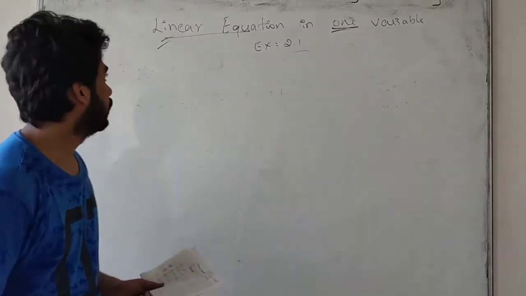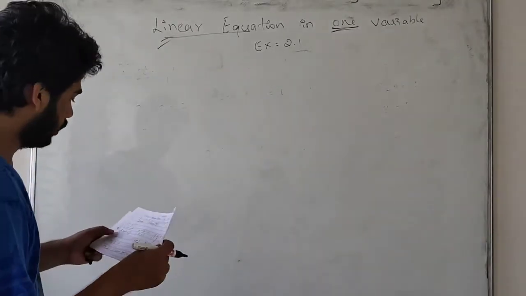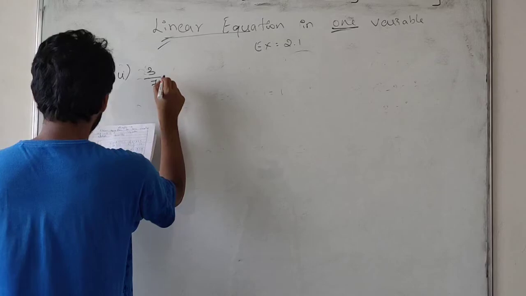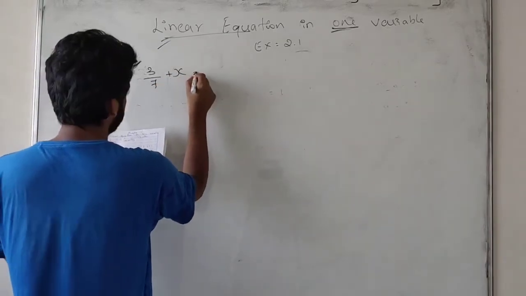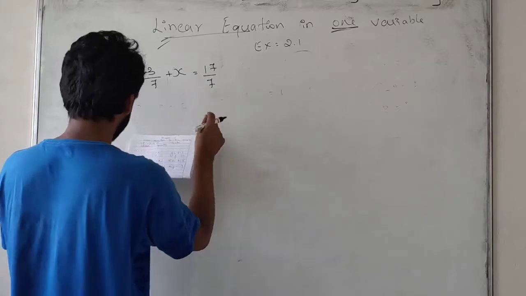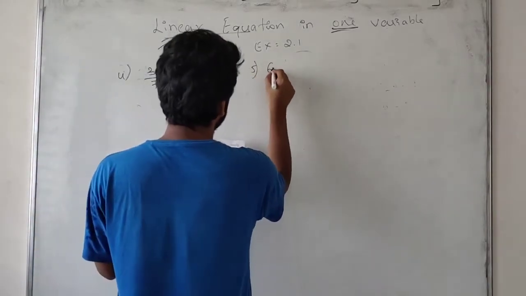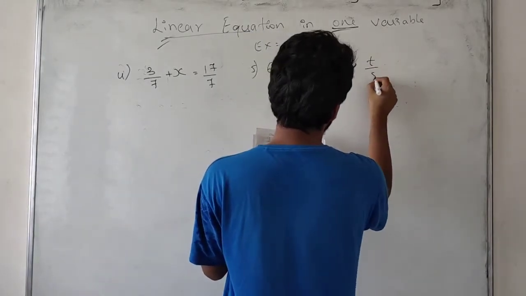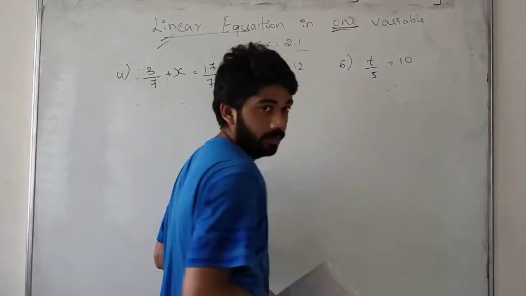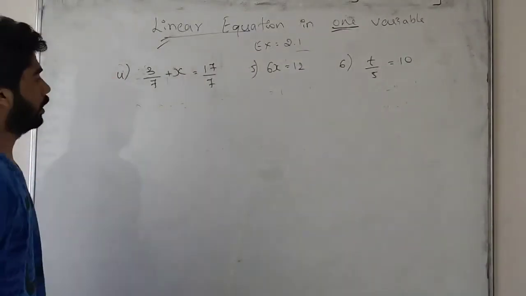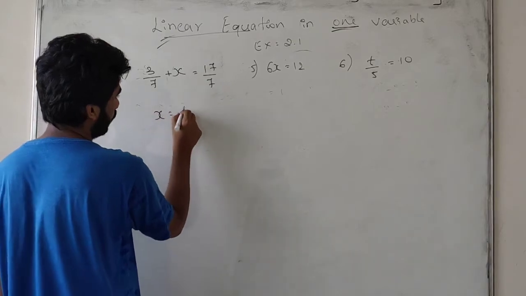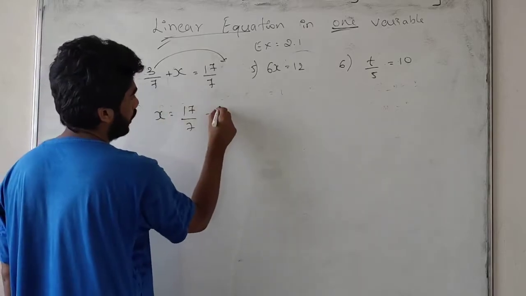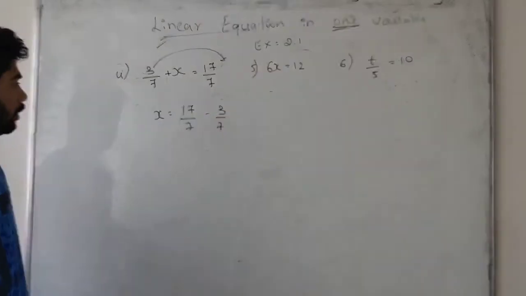Now coming to our class, fourth question: x plus 3 by 7 is equal to 17 by 7. Fifth one, 6x is equal to 12. Sixth one, t by 5 is equal to 10. What is the problem? x is there, I will keep x on this side only. 17 by 7, I will shift to the other side. The plus 3 by 7 will go to the other side as minus 3 by 7. Now x is equal to